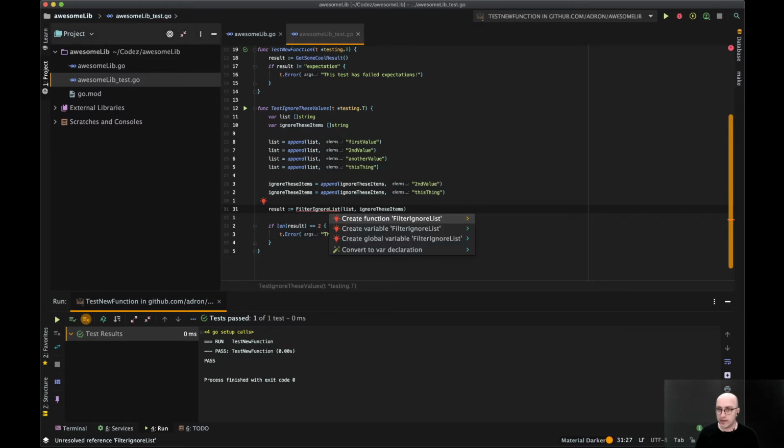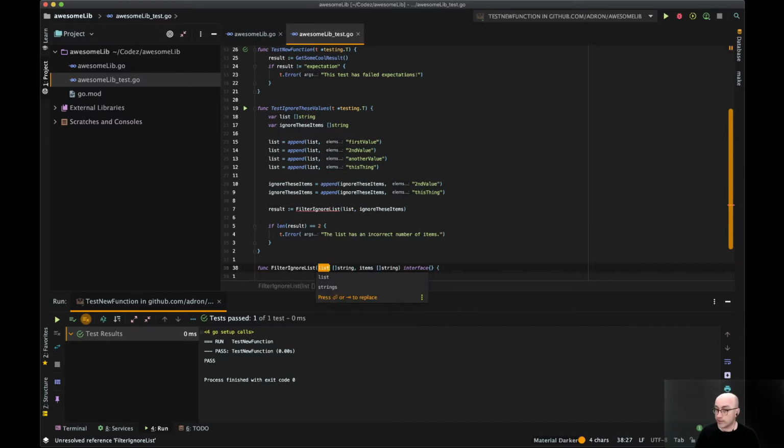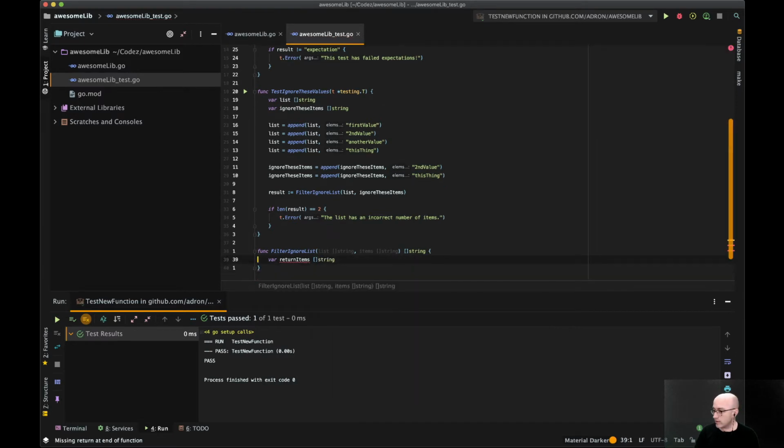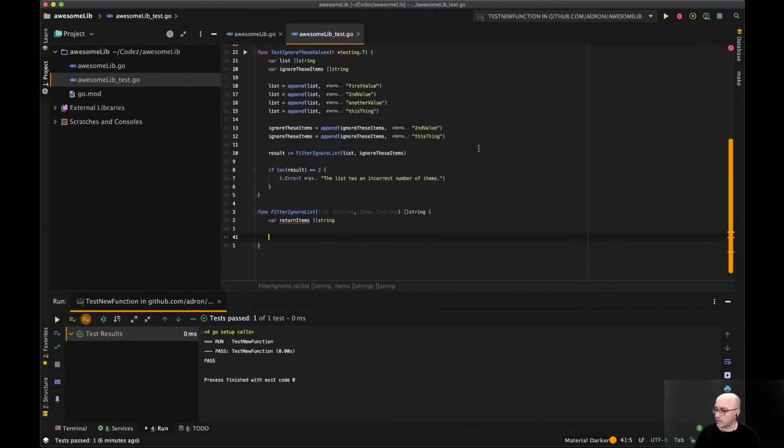Now, if we're following TDD, I'll show you where this can mess up some things, right? So let's say with TDD, you're supposed to write this now so that it just meets the requirement, right? So I could do something crazy, for example, like, let's see here, get this fixed. This needs to be an array of strings. So we'll create our new return list, or return items, and we'll make that a string array like this, or string slice is what it'll be.